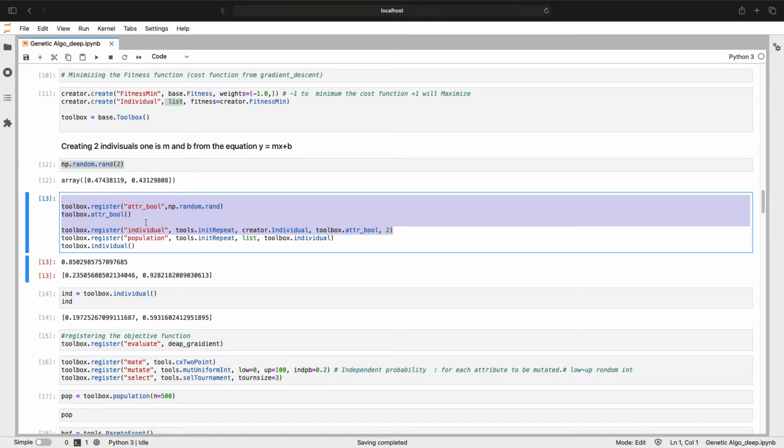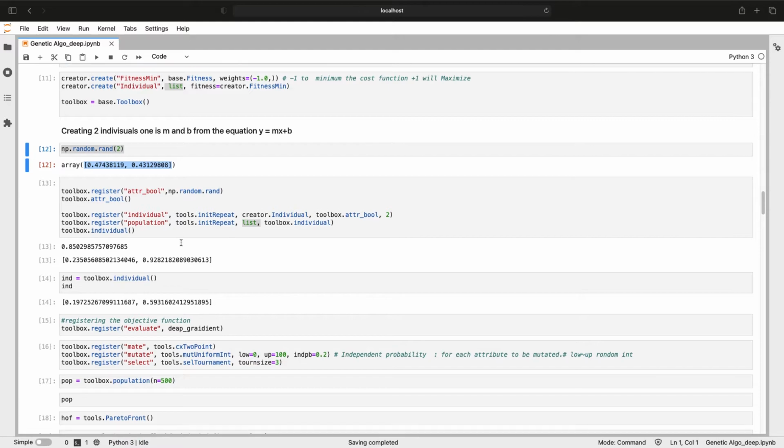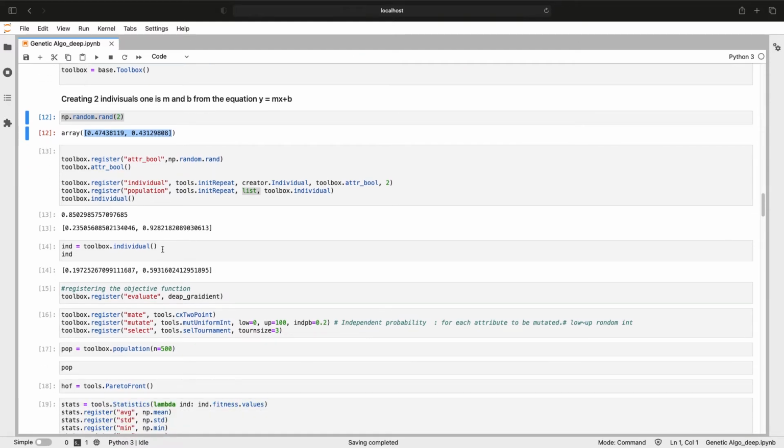It is going to contain a list of random numbers, and there will be two random numbers in each and every individual. Okay, so now if we print toolbox.individual, you can see it is generating one set of random numbers. In that way, we are going to create a whole population of these random numbers.